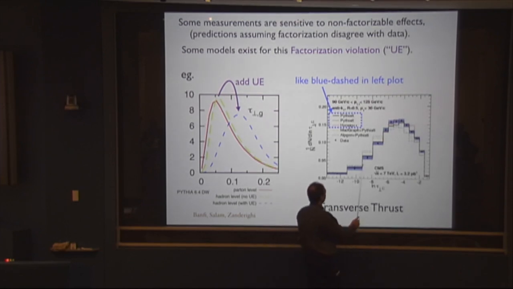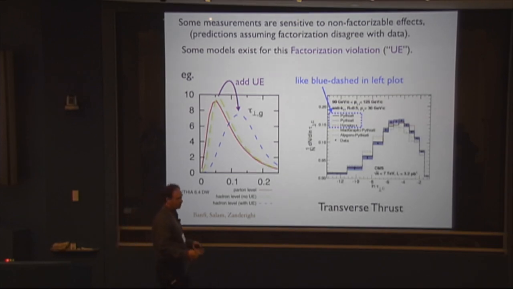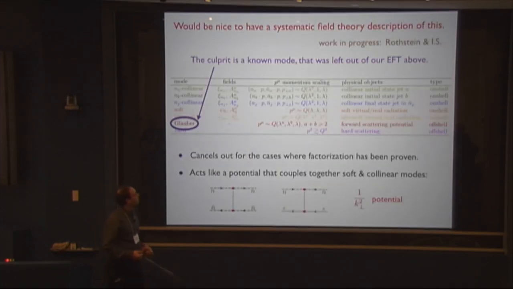And those blue curves are actually what agree with the experimental data, analogs of those blue curves. So the experimental data is telling you that there are things outside of factorization that are actually important. So what people do is they try to model it as best they can. But what would be actually nice is to have the quantum field theory description also of that. And in the last minute or two, I'll tell you about some work that we have in progress in